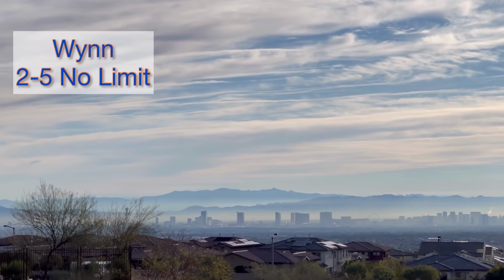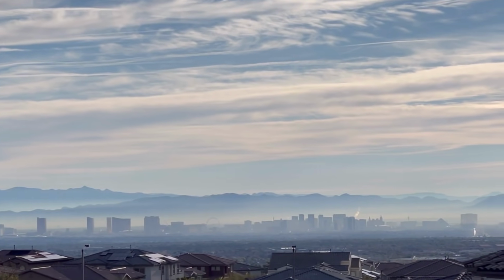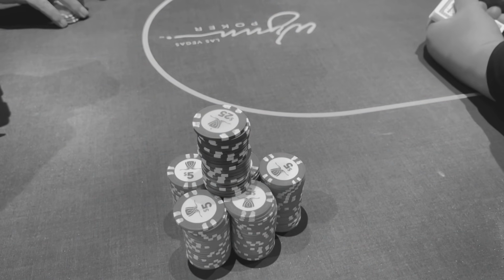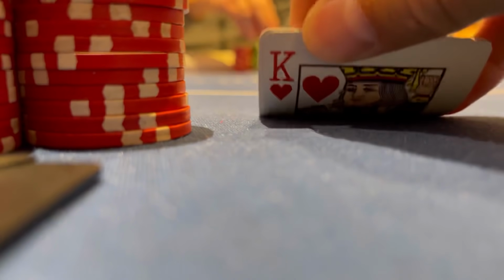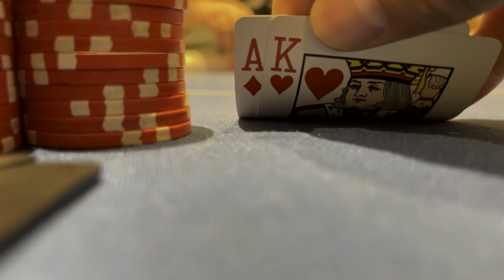Today we're going to be playing 2-5 no limit at the Wynn. We're looking for our 5th consecutive W. We buy in for 1,000. Let's get started. I pick up a few small pots and have about 1,100 to start this hand with Ace